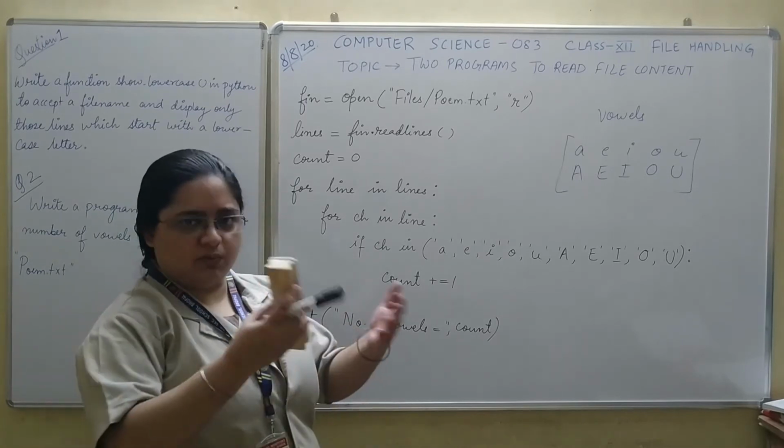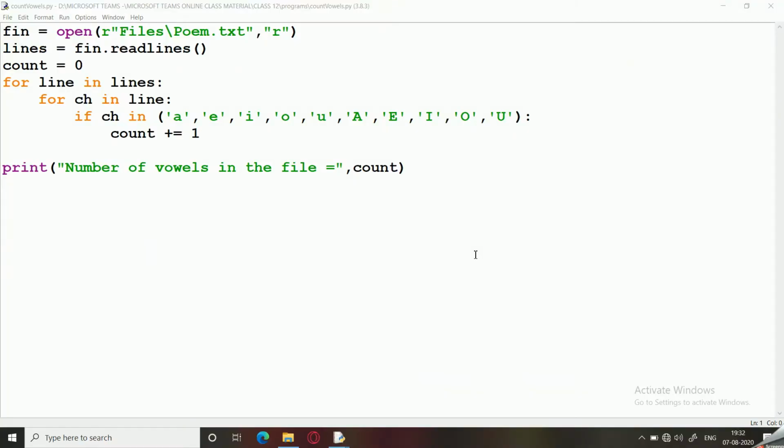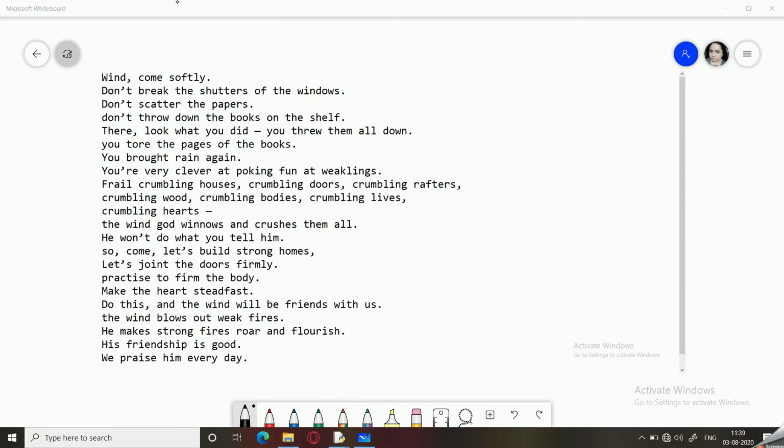So let us move on to the computer now. So this is the program to count the number of vowels in a file, and the file is poem.txt. Let's see how it runs. So you can see that the program is already over here.